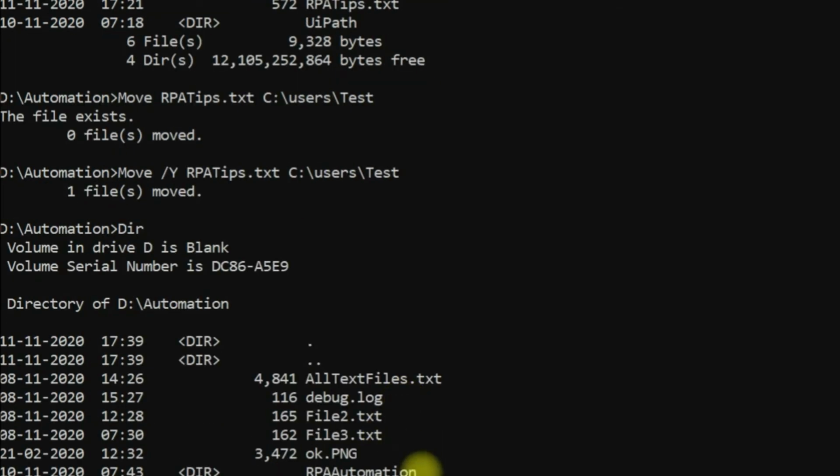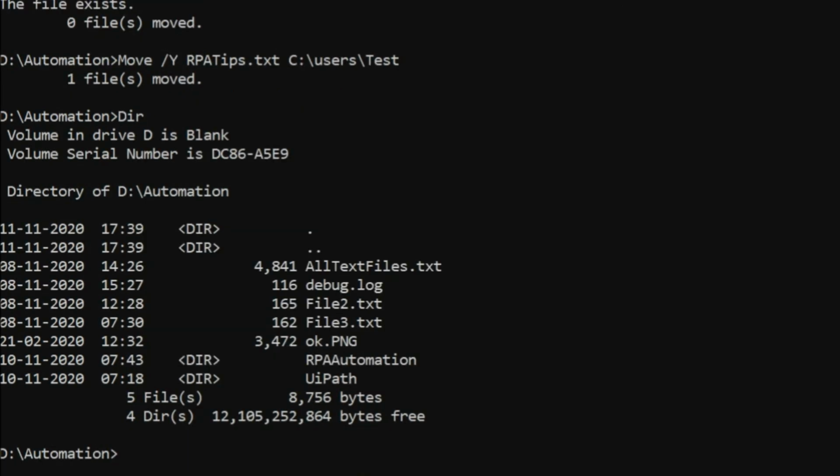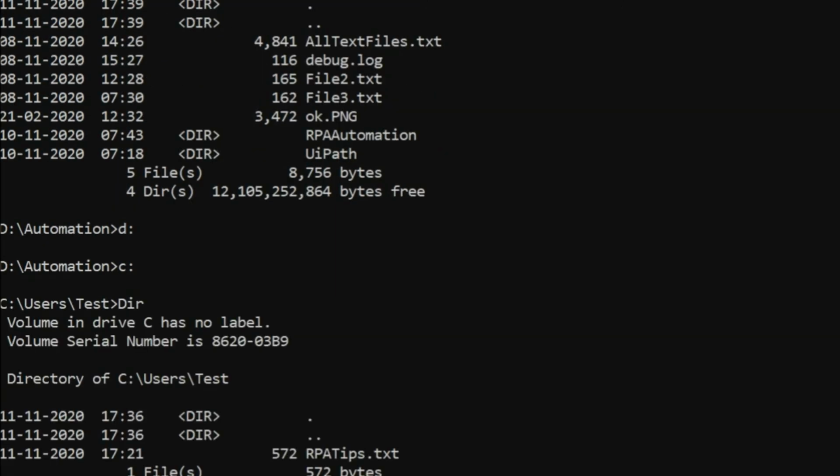You can see it is moved there, that is, it overrode the existing file in the C users test folder. Let us change directory, D drive, C drive users test. You can see rpa tips.txt is moved from the automation folder.